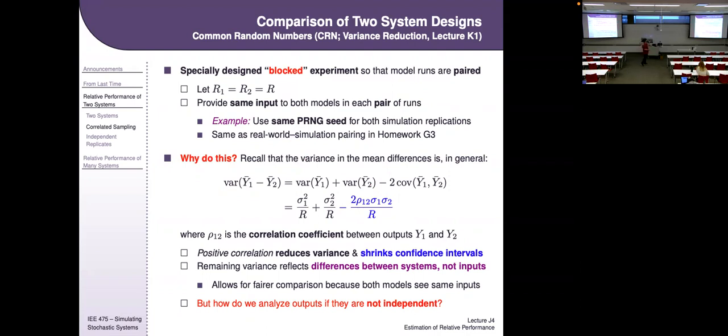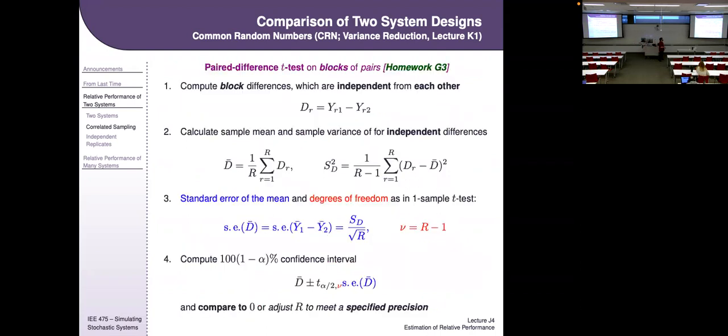That's what makes this approach work. So when you have an opportunity to do this, when you think that a difficult input for one system will also be difficult for another, you should do this. And so when you do that, you end up having to not calculate a two-sample t-test, but create differences per